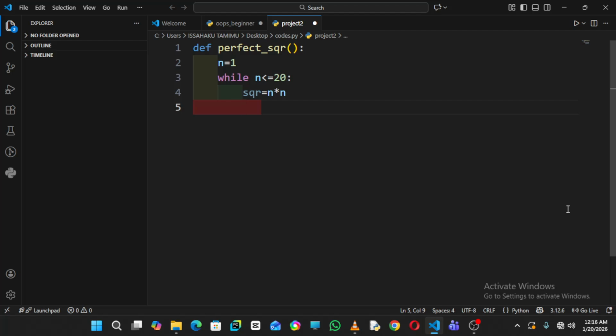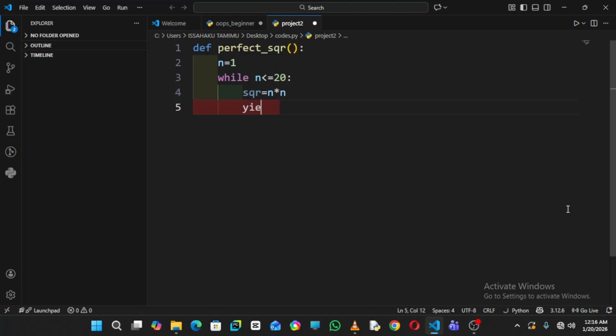Such a statement, working on this particular function. So we have to use either return or yield. Between return and yield, if we use return like this, we are terminating the whole loop. But if we use yield, we can still continue with the loop. So let's go with yield.